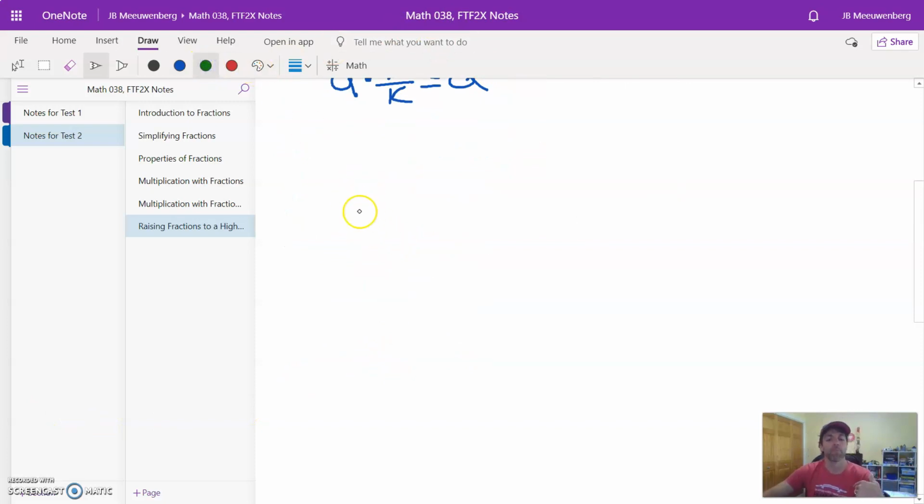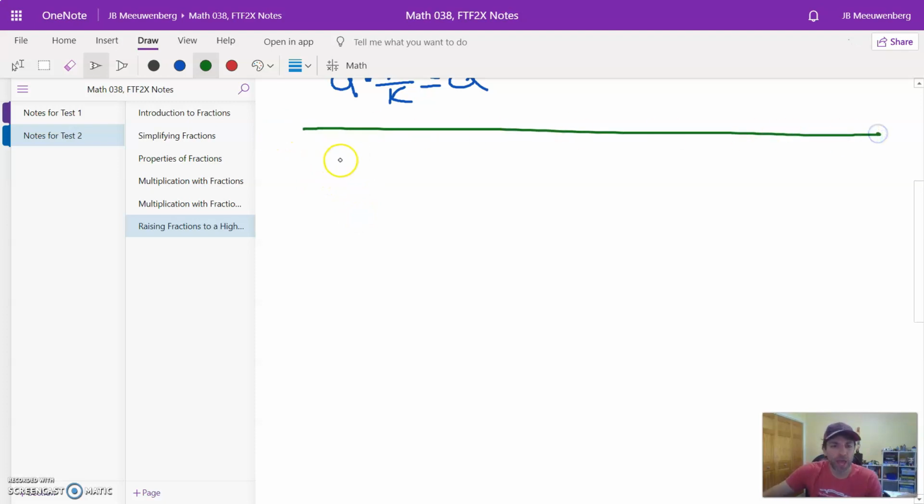So let's just pick a fraction, and we're going to do that to it. Let's make up a fraction. Give me any two numbers you want. Okay, I heard 4 over 7. So we're going to multiply that times some other fraction, k over k, but we're going to pick some numbers. Let's pick a number for k. How about 3? Okay, great. So 4/7 times 3/3, remember this is just equal to the number 1,